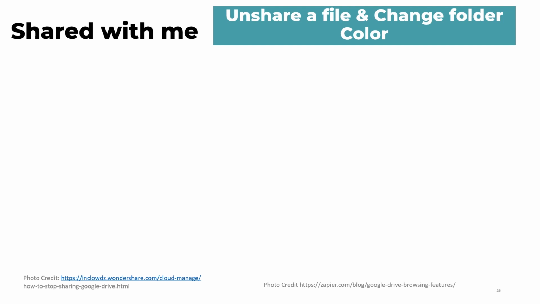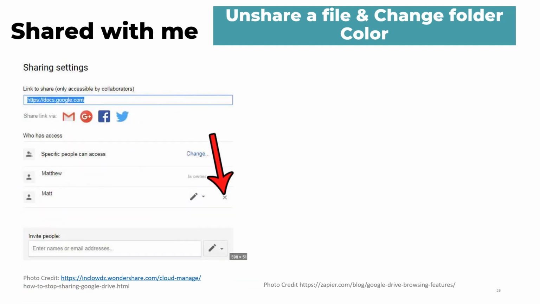In the event that you want to unshare a file or a folder, you're going to open the file or folder, click Share, and find the person that you want to stop sharing with. To the right of their name, click the down arrow and click Remove. Then you will save changes. Here we can see how there is an X next to Matt. If you click it, it will unshare it with Matt. This can be used to prevent Matt from having access to this file from this point forward.